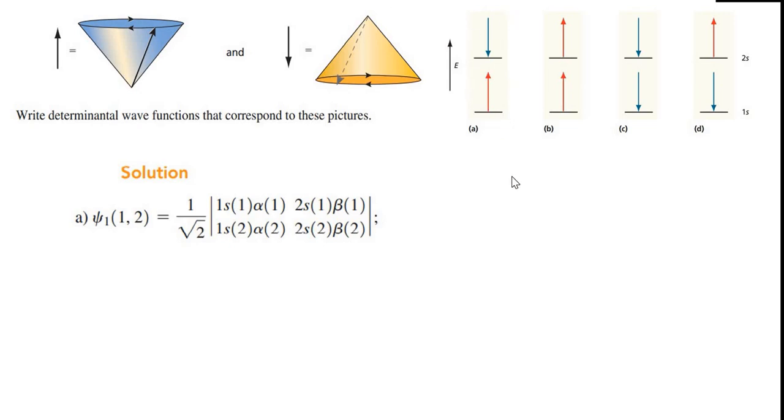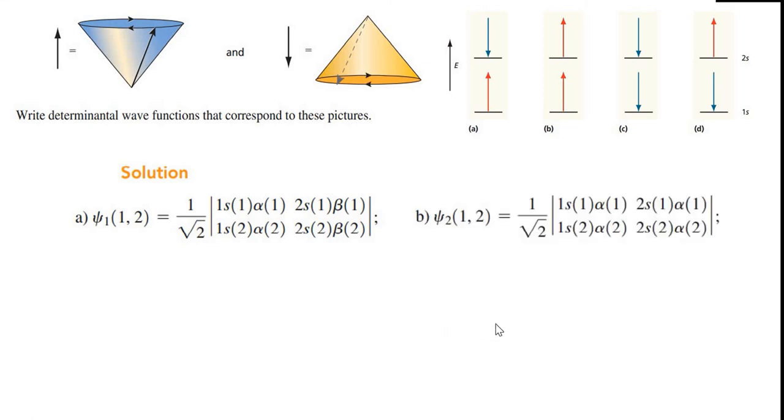So now would you try please to answer the second part, that is first row, 1s1 alpha 1, 2s1 alpha 1, right, and then second one same, 1s2 alpha 2, 2s2 alpha 2. You must check. Now you check whether you are right or not. 1s1 alpha 1, 2s1 alpha 1. Yes, sir. Yes, you are right. Thank you. So you have got my point.